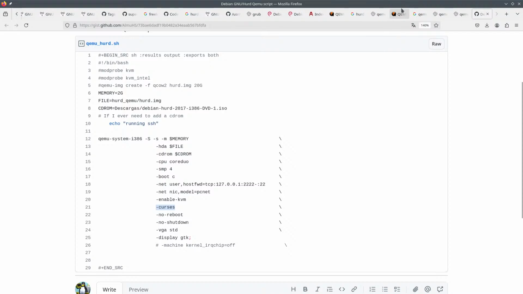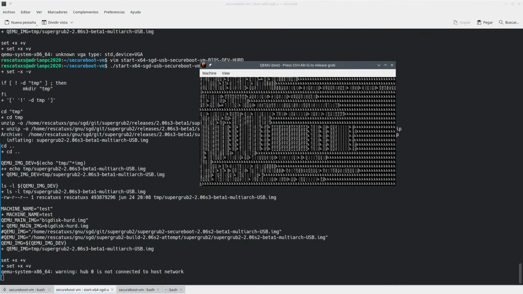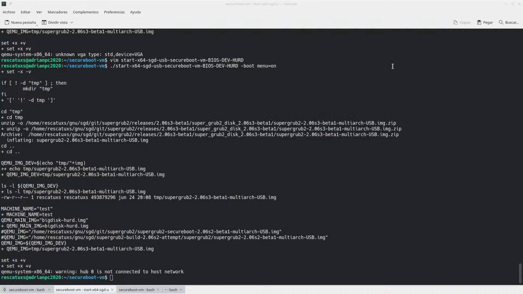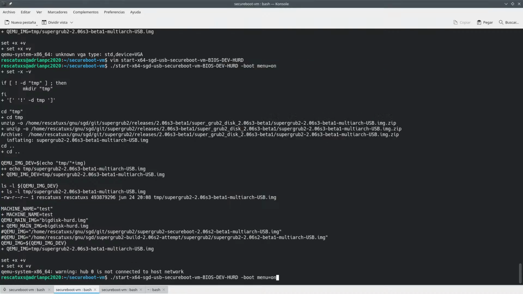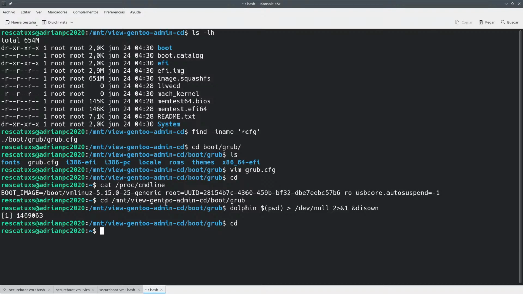Wait, maybe we have to make sure that this 64 bits is making this not work as expected. Then they have the minus S. What the hell is minus S? Wait a minute.